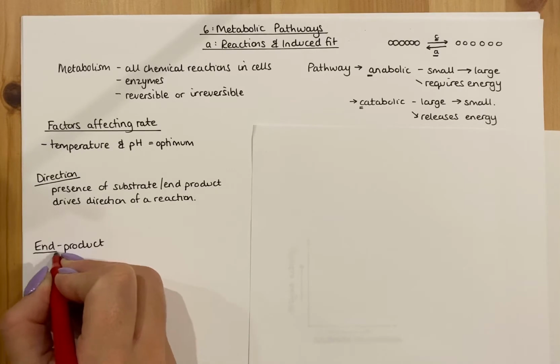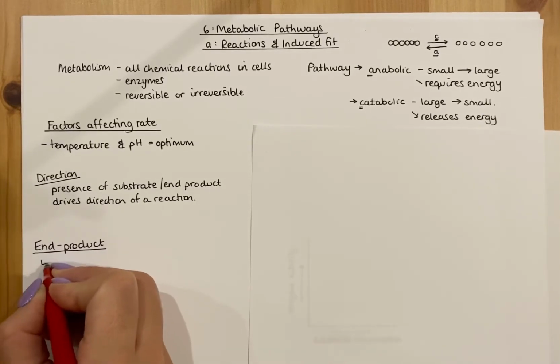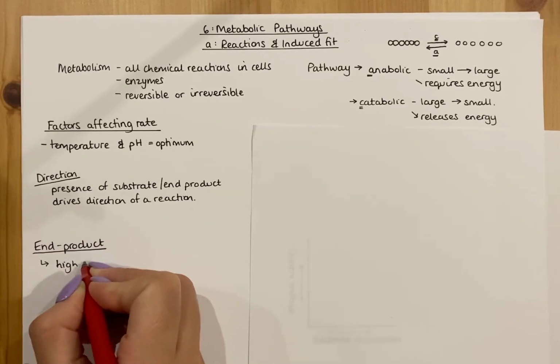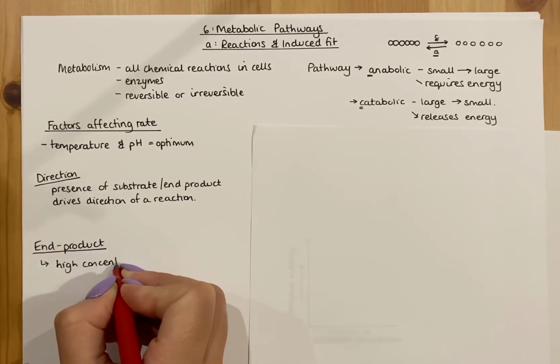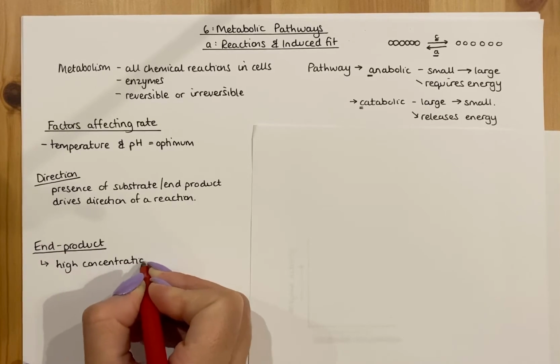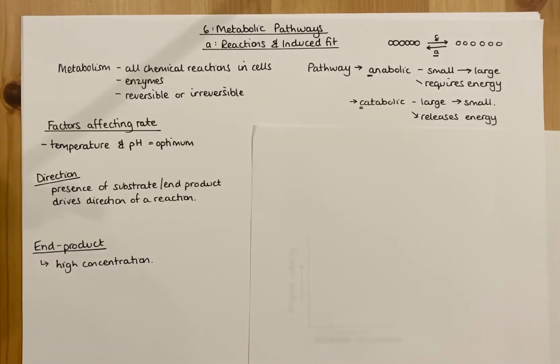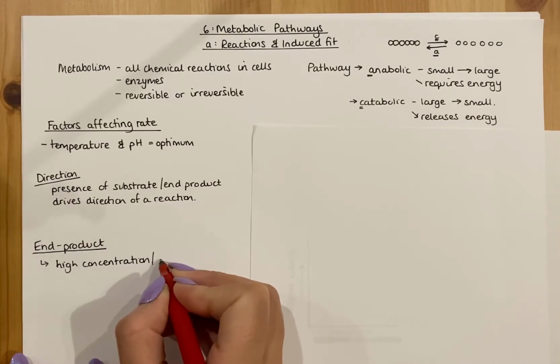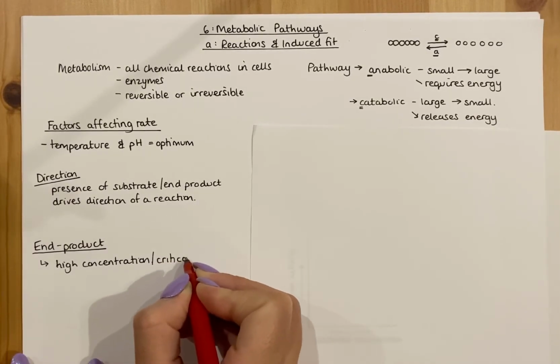So when we talk about end product, if they reach a very high critical concentration, then your cells will realise that the molecules they're producing are not being used for anything else, which will be deemed as a kind of waste of resources and a waste of energy or ATP that they'd be using to do that, or even a waste of enzyme use at that point in time. So if end product concentration is high, or it reaches critical concentration, so a certain point,